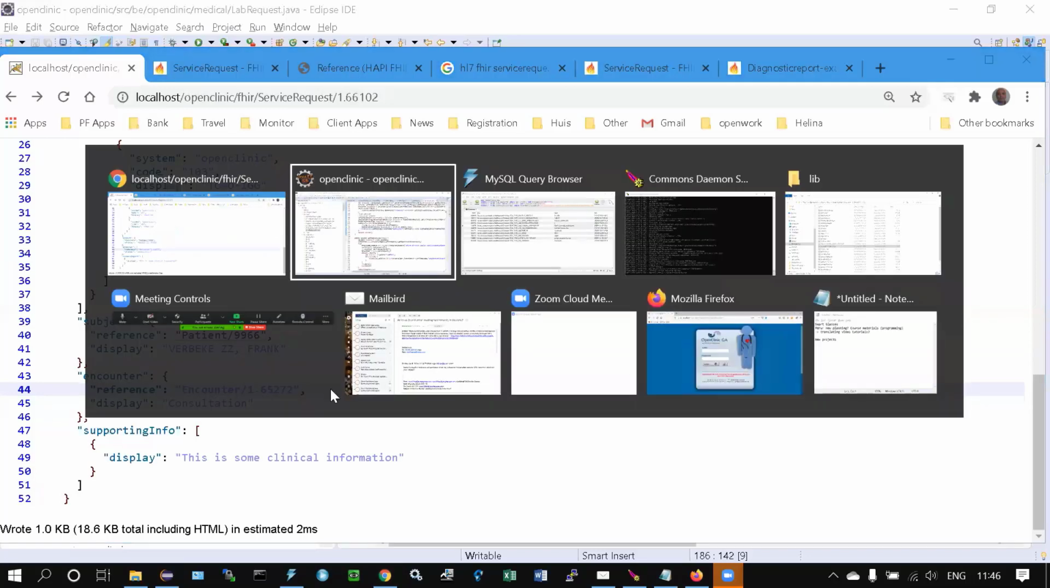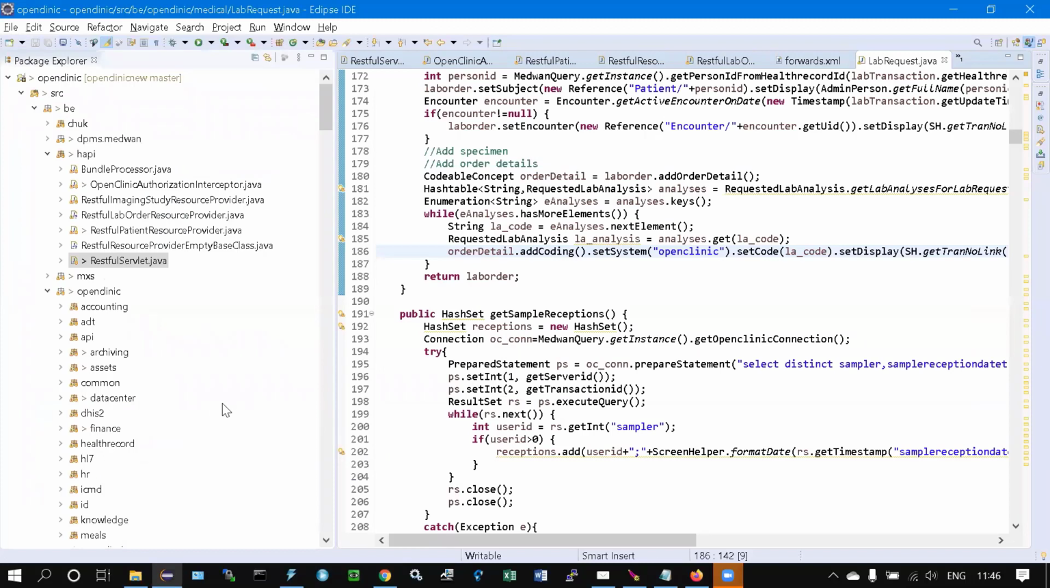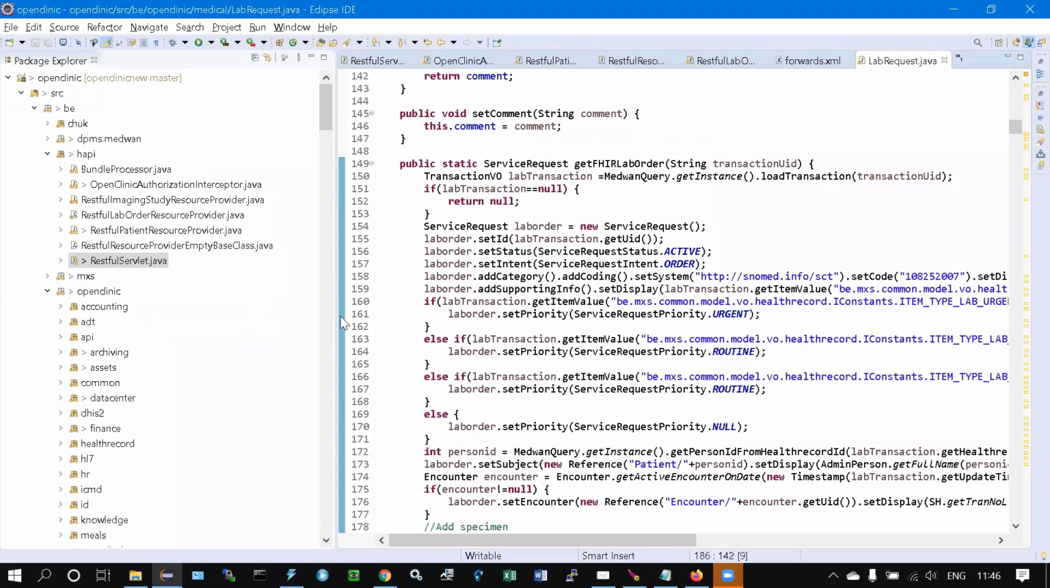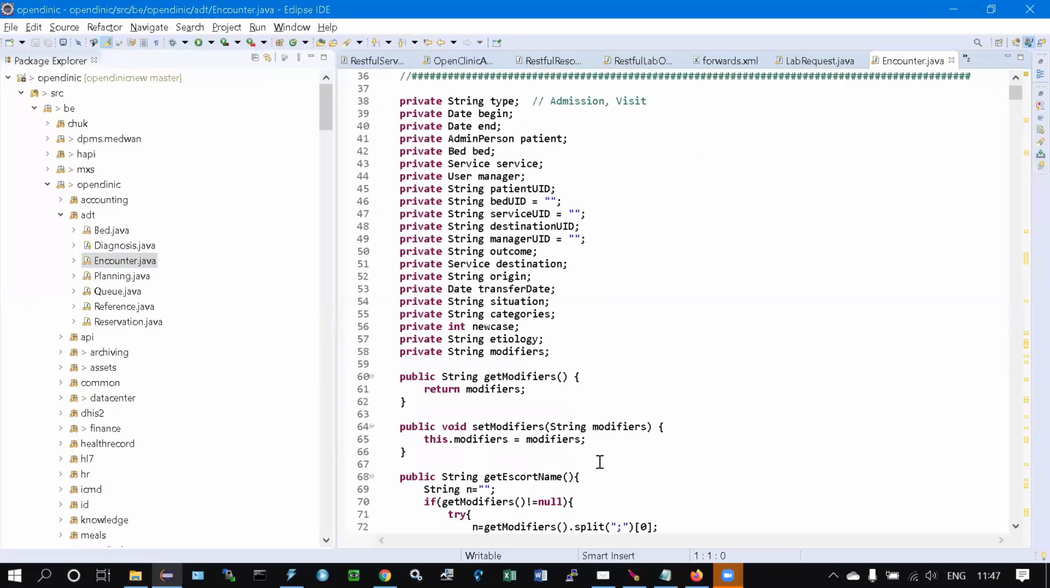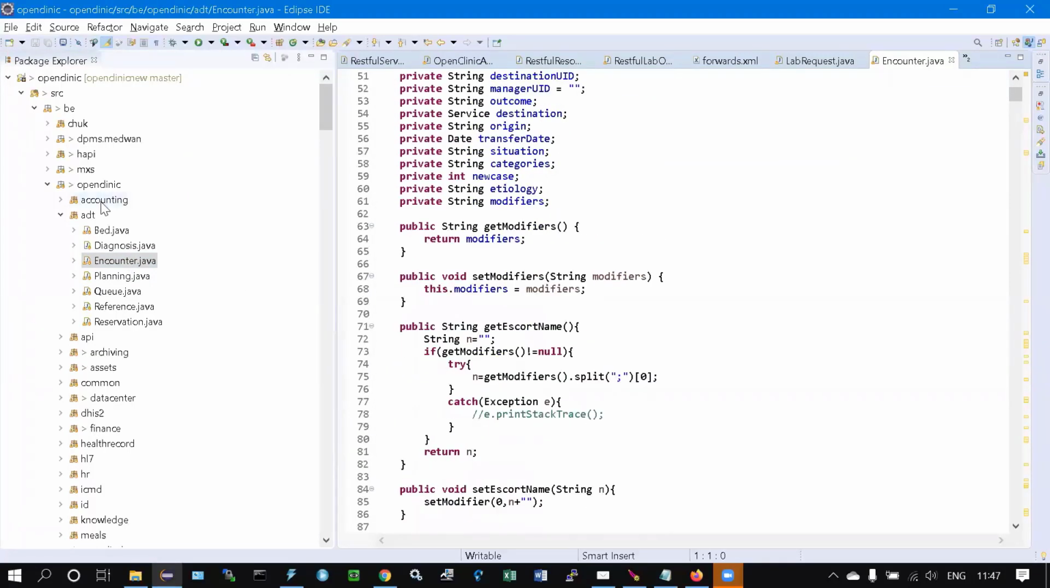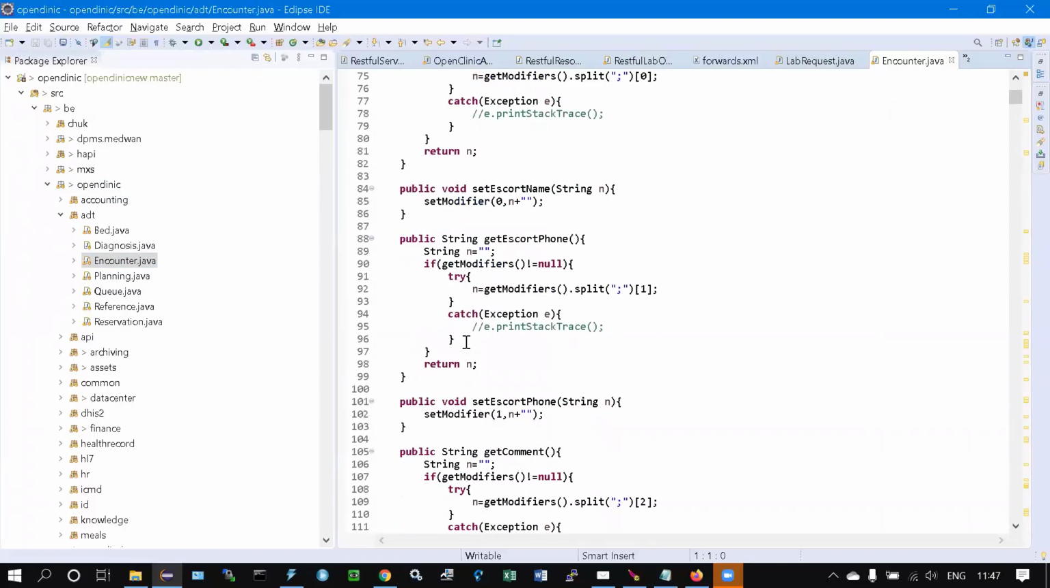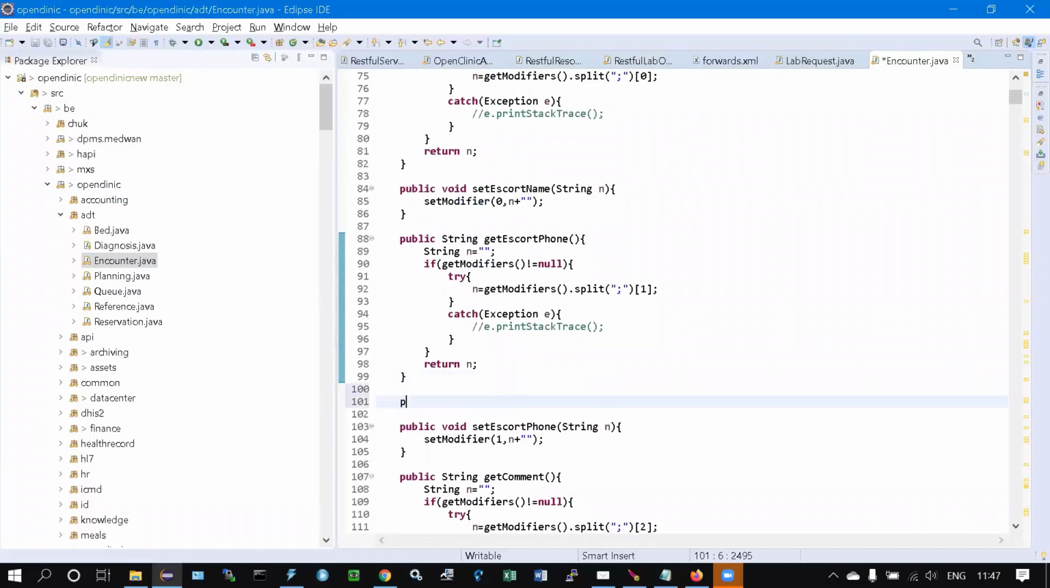And I'm going to help you for a very small part. What we could do is find the Encounter object. And I will go here into ADT. Now we have Encounter. So this is where you find the encounter in OpenClinic, right? And I could create here a function or a method which is called public,